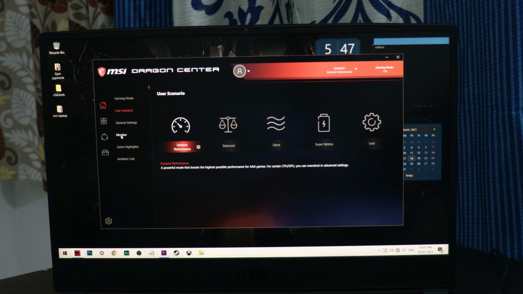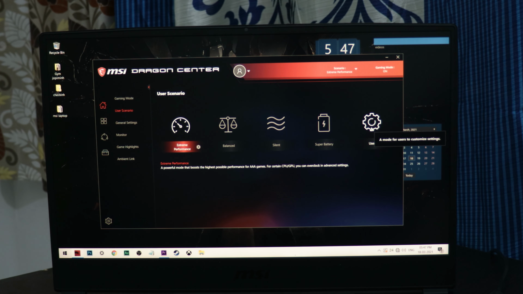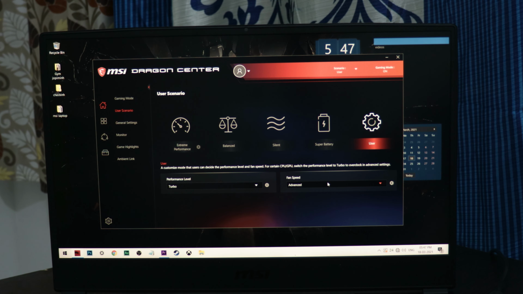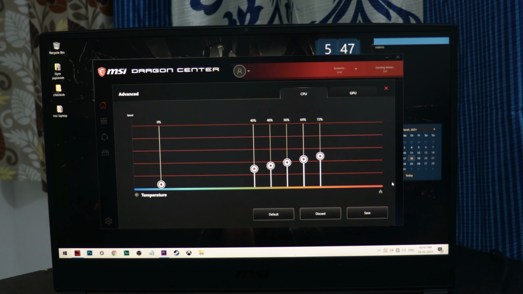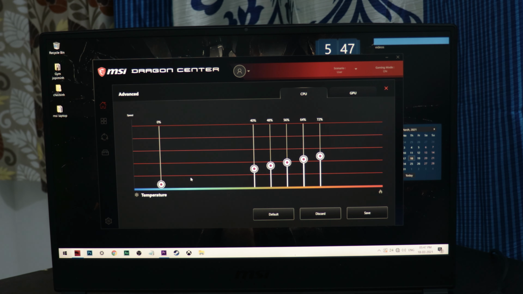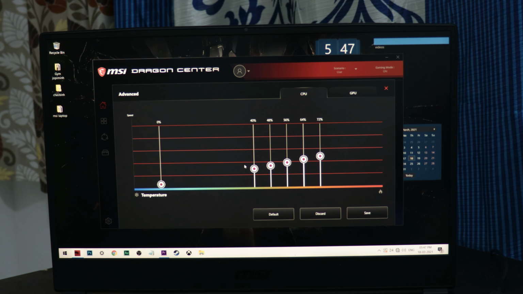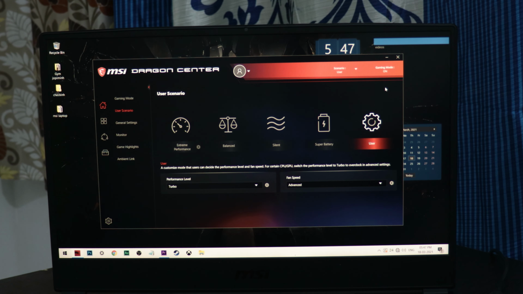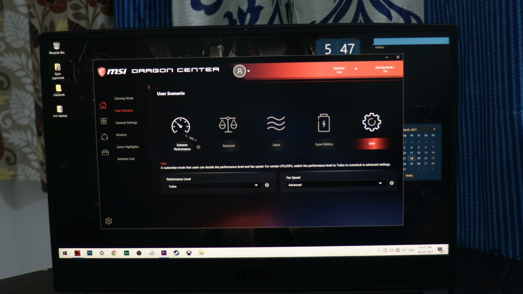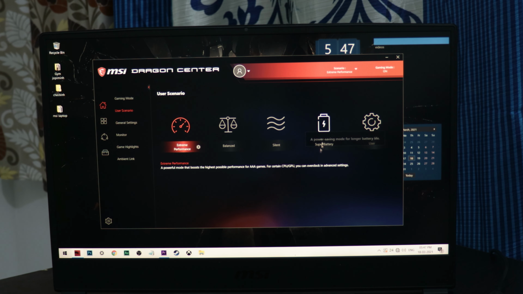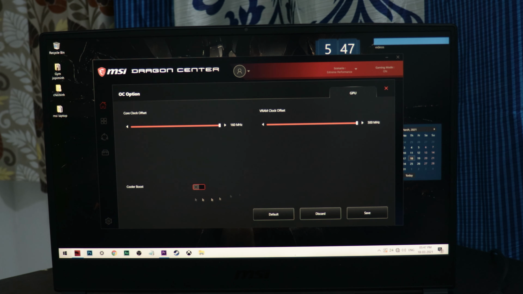Coming to the next one, it is called the user mode, where you can customize some things. Here, as you can see, you can customize the performance and also the fan speed, or even increase or decrease the fan speed. I mean, you can also decrease the GPU temperature up to whatever temperature. You can set different degrees, and for the GPU it works the same. And if you're planning to turn on the cooler booster in extreme performance or anywhere, you can enable it by just clicking on the cooler booster option.